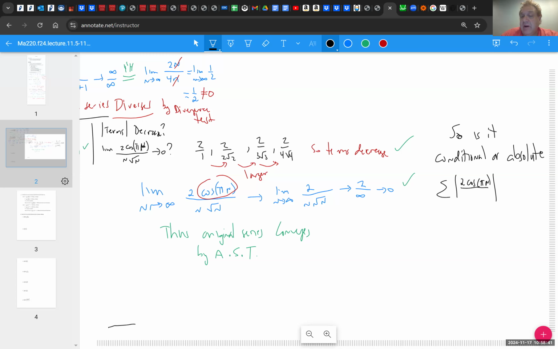And as we saw by writing out some of the terms, the only thing that made the terms negative or positive was this cosine part. So we're really looking at the series of 2 over n root n. And again, you can write the numbers near if you want. You don't have to write. It doesn't really matter very much. So we're looking to see if that series converges or not. So now you have to kind of go back to the previous sections in chapter 11